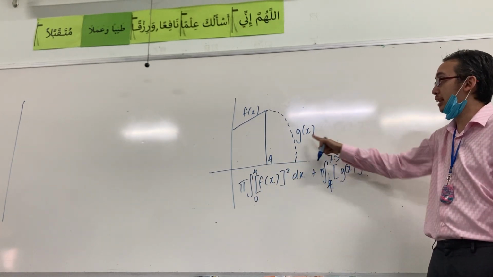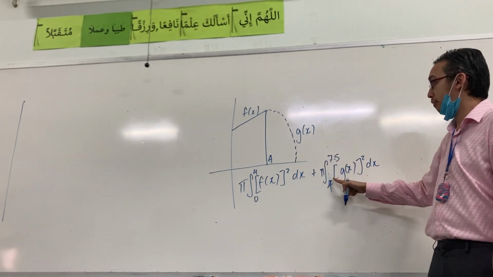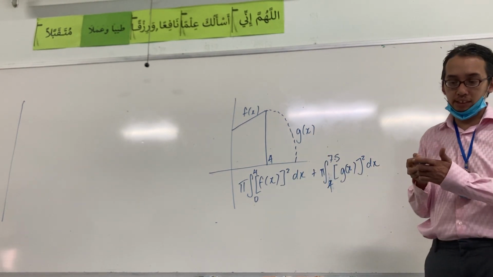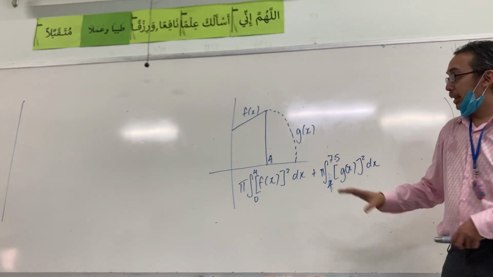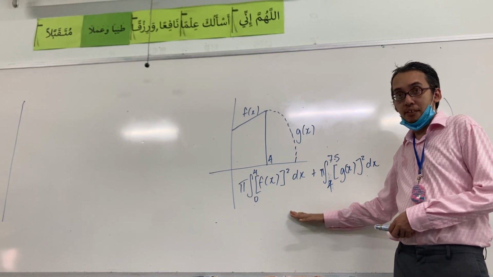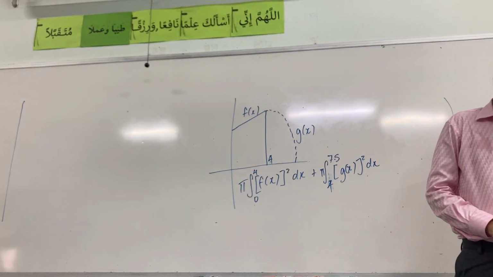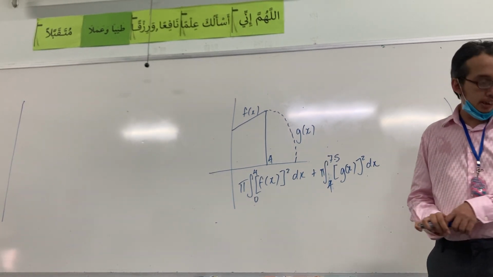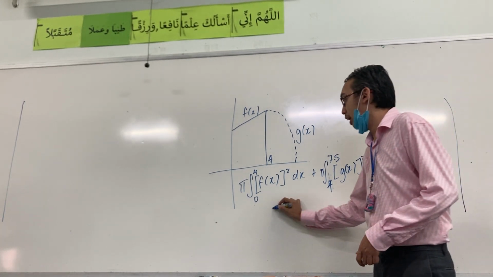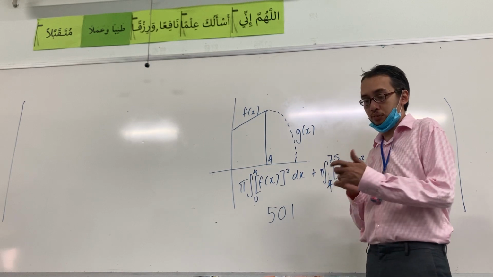This one is the second portion here from 4 to 7.5, pi gx square dx integrate. Okay, so they just ask for the expression, so you don't have to integrate them. Okay, just leave it as that. Okay, then the last one baru they ask you to integrate, and then you can use your EC, you'll get 501. Okay, kalau dah round off to 3